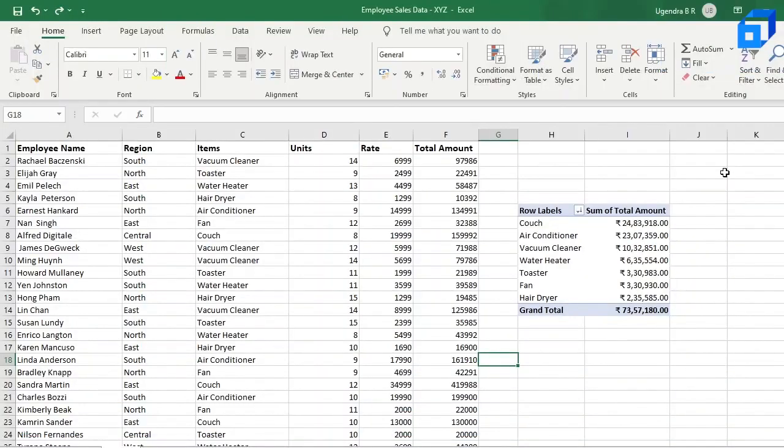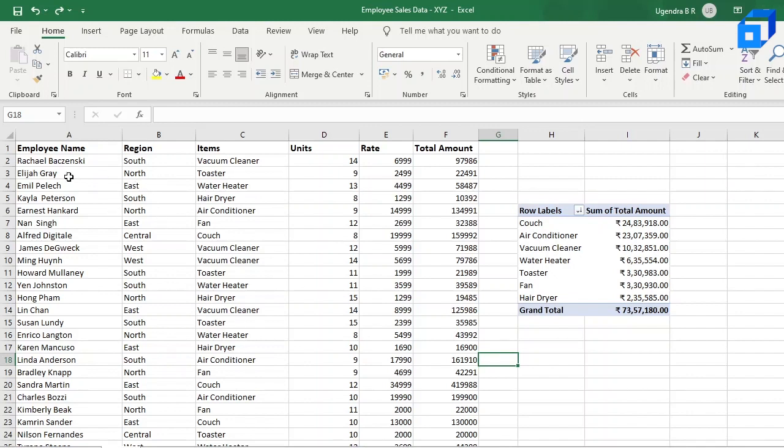So without further ado, we shall now go ahead with the demo. Since conditional formatting allows us to apply specific formatting to cells that match or meet a certain criteria, let us look at how we can use conditional formatting on this dataset. But before that, let us see what the dataset contains.